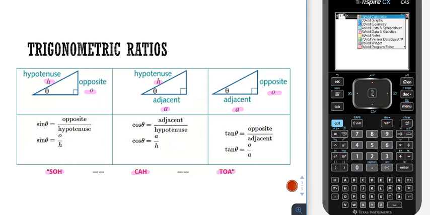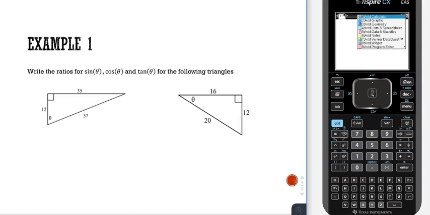A way to remember this, I suppose, is SOH CAH TOA. So, S-O-H, C-A-H, T-O-A. Hoping you're recognizing sine is O over H, cos is A over H, tan is O over A. So, SOH CAH TOA. For example, we're asked to write the ratios for sine, cosine, and tangent for the following